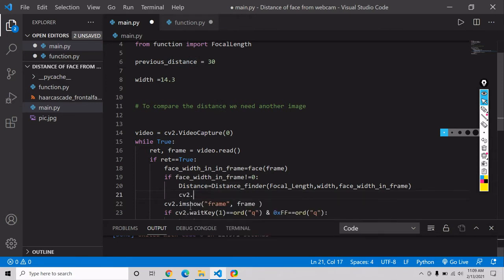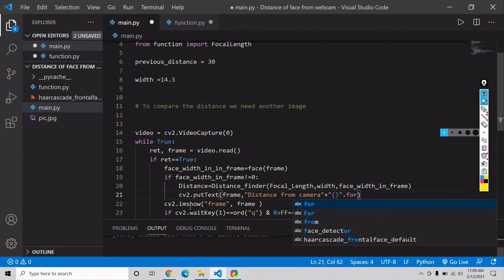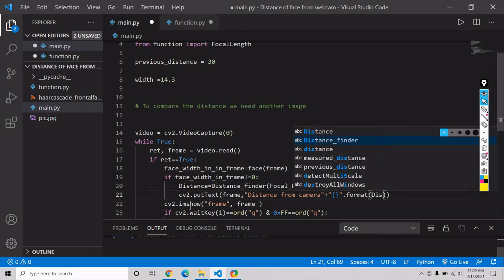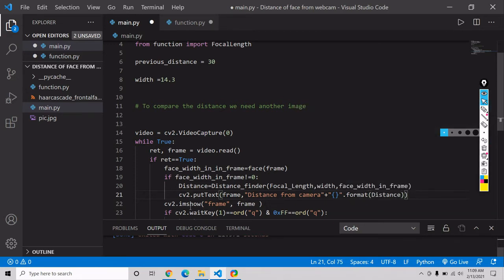For that we have a function put text. Inside this we have to pass our frame. Then we are writing distance from camera. After that we have to provide our distance over here, and we say it is in centimeters.